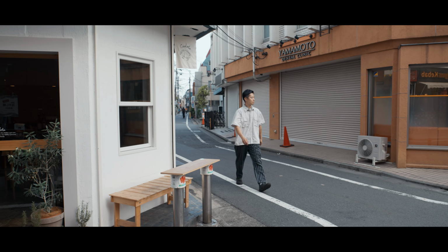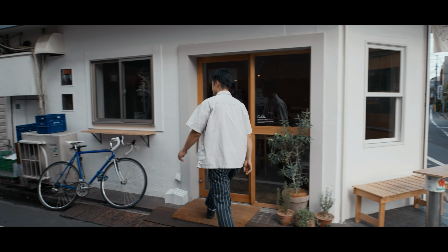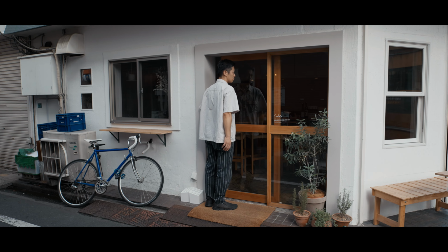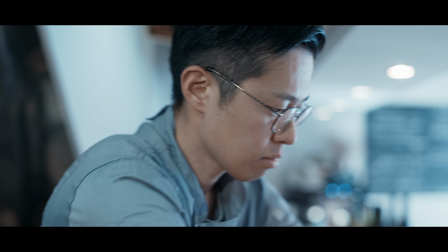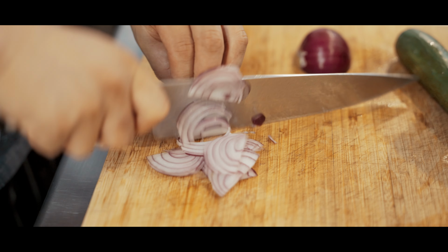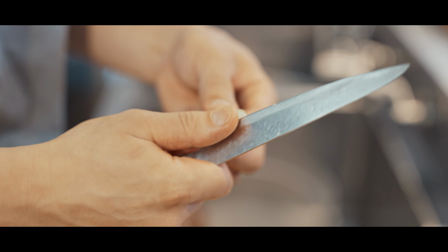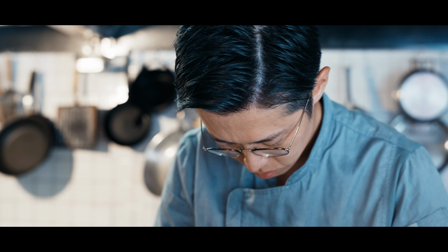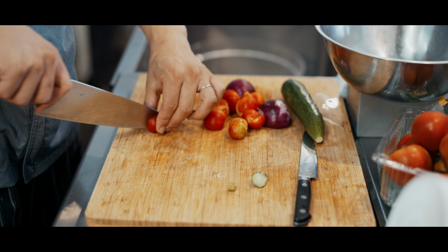Back at the restaurant, the day continues by preparing for tonight's dinner service. Besides known Italian dishes, there is one pasta dish on the menu that stands out. Naoyuki-san's very own homemade orecchiette. My restaurant is Italian-based cooking. I stayed in Italy 3 months, 10 years ago. Why I choose orecchiette is